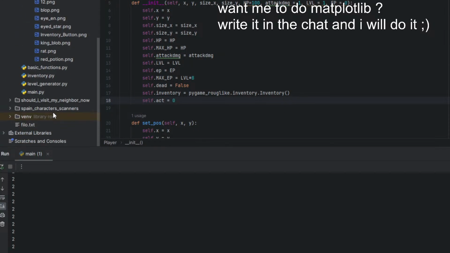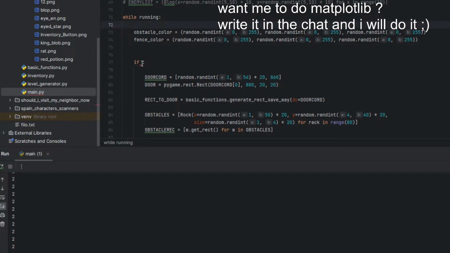Now back to main, and if not self.point_act, how can I do that? Let me do the if conditions. We want to simply implement a little boss room, like if not.